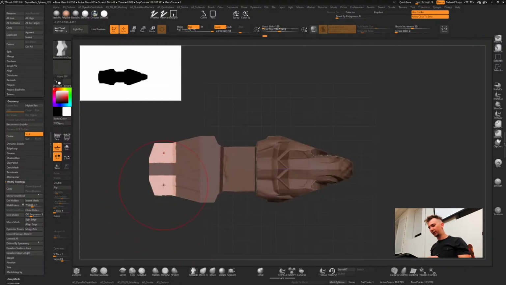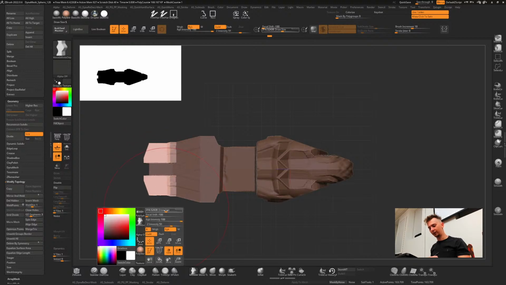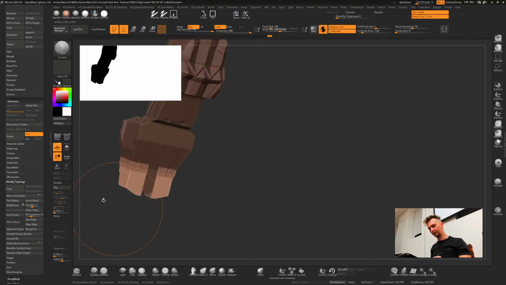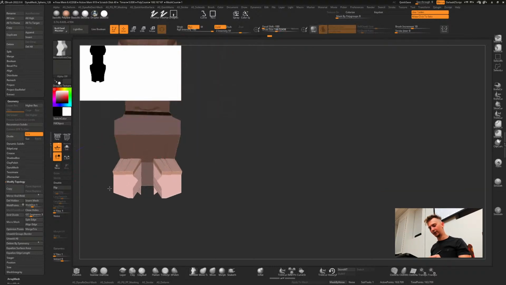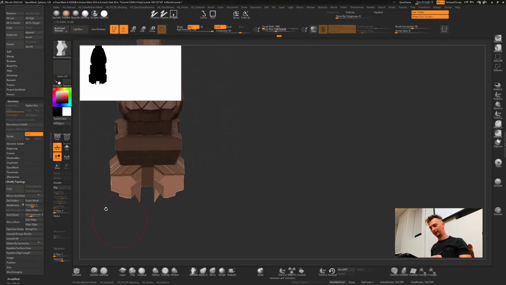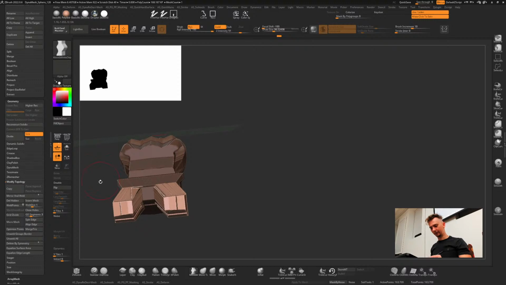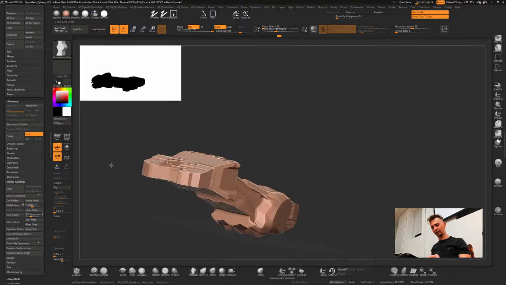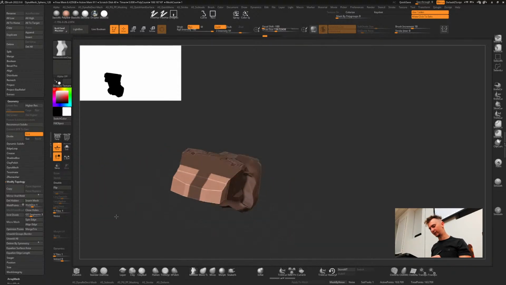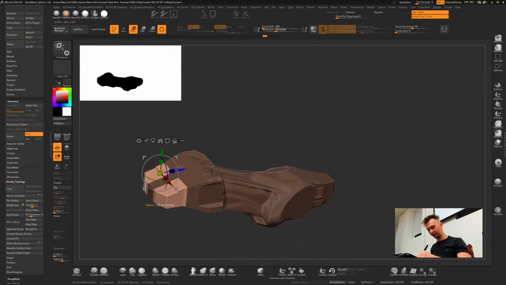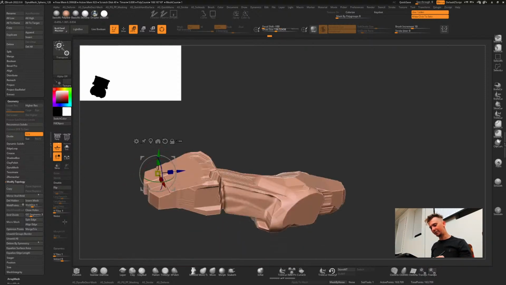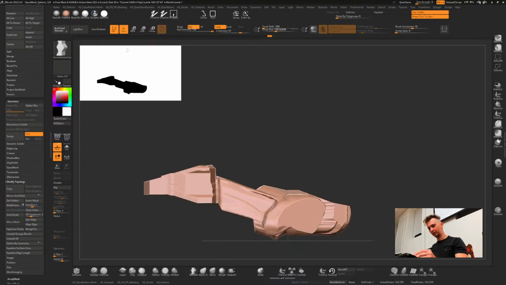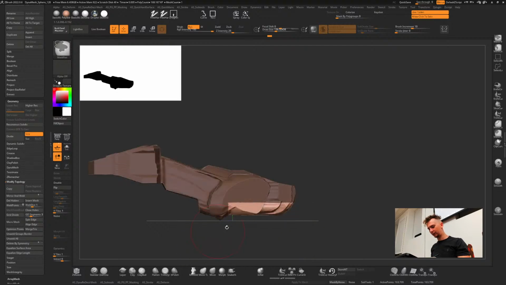So Move Infinite, amazing brush. Use it, love it, cherish it, because it moves things infinitely, as you can get from the name. Oh shit, that was the cockpit. I wasn't supposed to modify this one. Although, if I move this out like this, look, a happy accident. I told you there's gonna be happy accidents, and I delivered. Accidents it is.